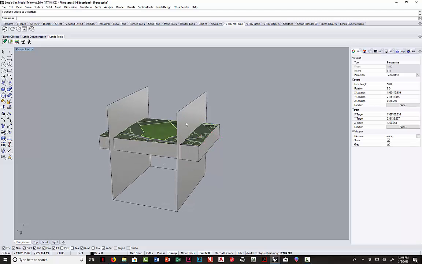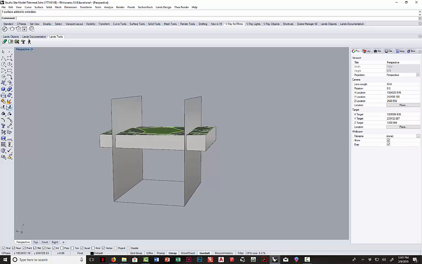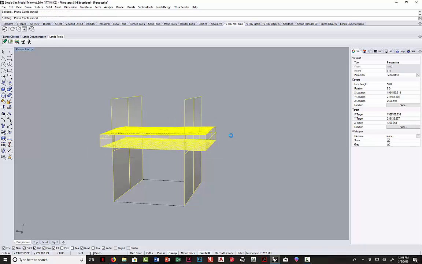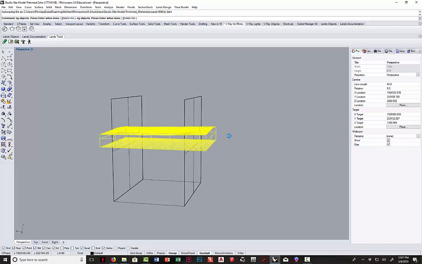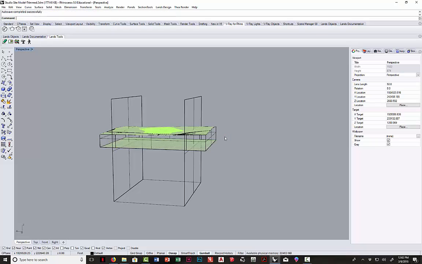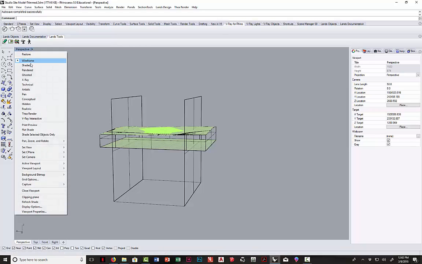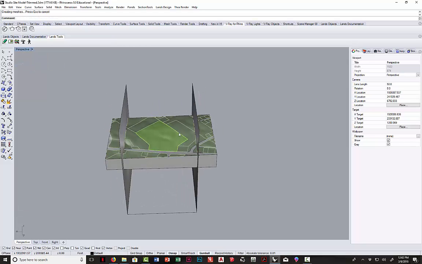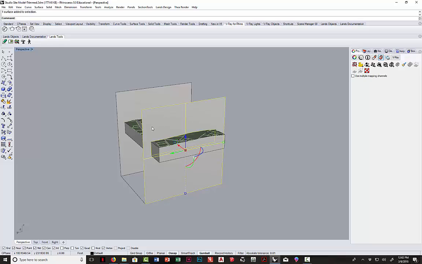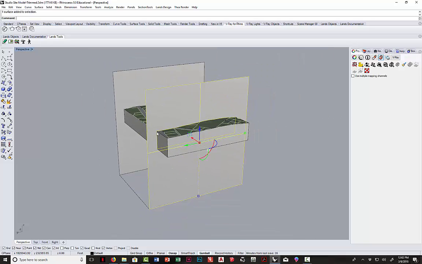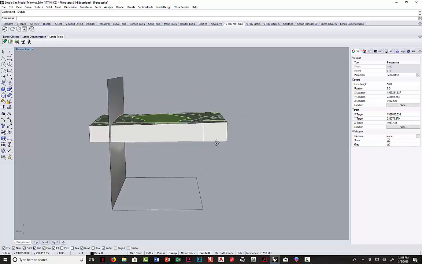But because I need these sides too, I want to split it the other way. So I'm going to run the split command again and select this object, and then select over that and let it run through that process again. There we go. For some reason it switched my view back. So now I should be able to click on this and you can see the outline around there. So if I delete that,